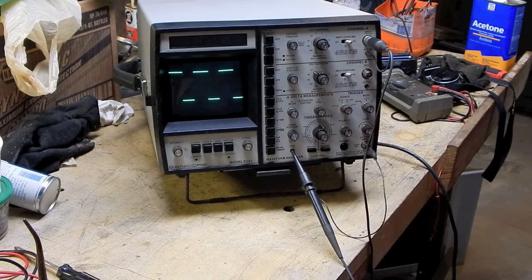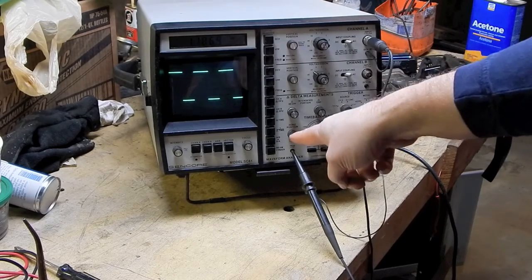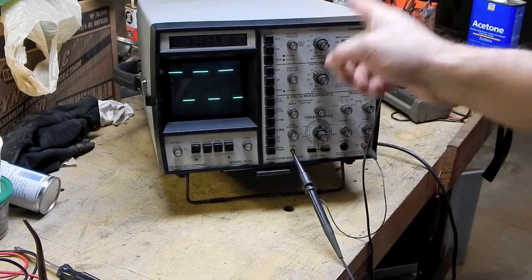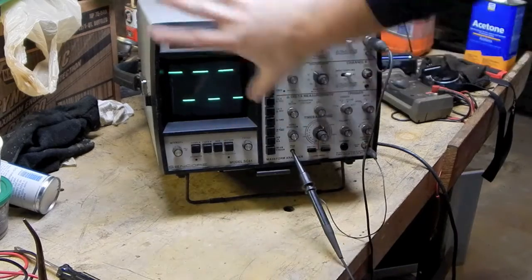I haven't checked. Matter of fact, I'll have to check when I go upstairs, and maybe when I'm editing this video I'll put on screen just a couple of prices that I've seen realized for this. I'll also get the correct model number for the one that replaced it. Again, this was the SC61, then there was the SC61A, I think, that replaced this, and then I think they did have an SC80 that was short-lived. I want to say that had a white case on it, but it was the same shape as this,